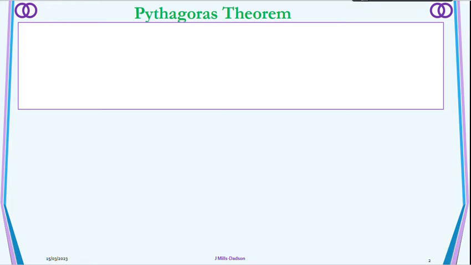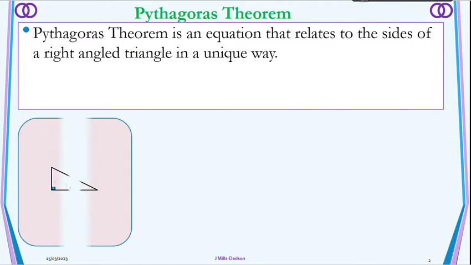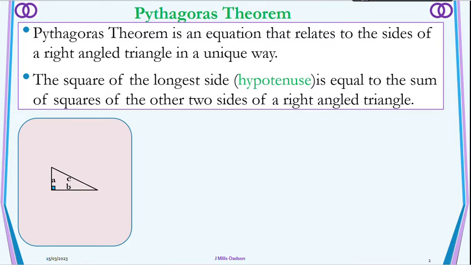I'm going to talk to you about an introduction to Pythagoras theorem, how we derive the formula and how to use the formula. So in this lesson, we must first understand what the theorem is saying. The theorem is an equation that relates the sides of a right angled triangle in a very unique way. So what this theorem is saying is that